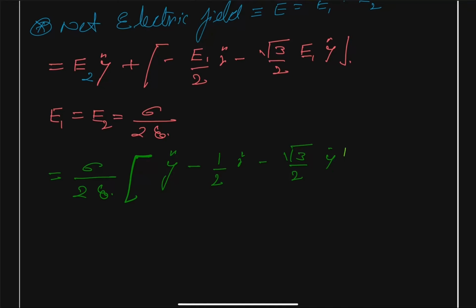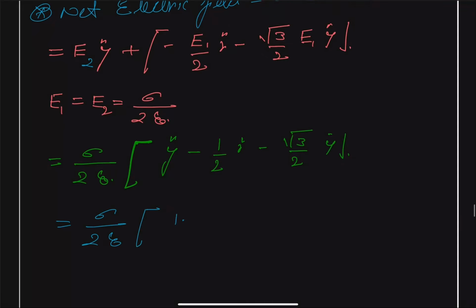We can combine our y unit vector, this comes as sigma upon 2 epsilon naught, and we get 1 minus root 3 by 2 y unit vector minus 1 by 2 x unit vector. So this is our net electric field,